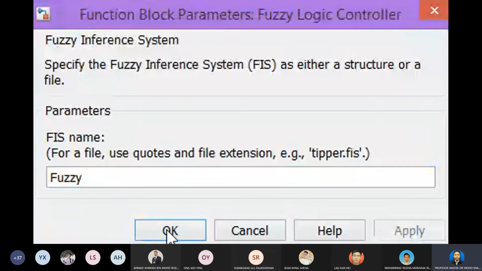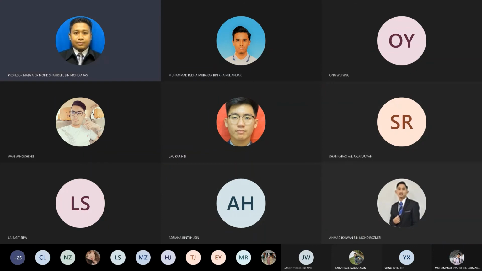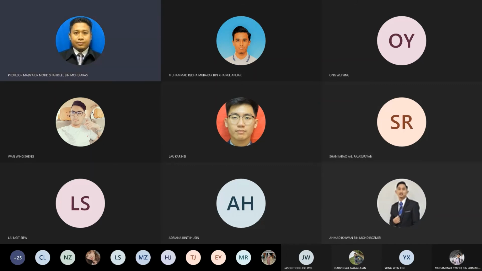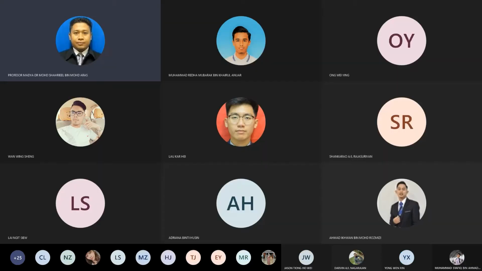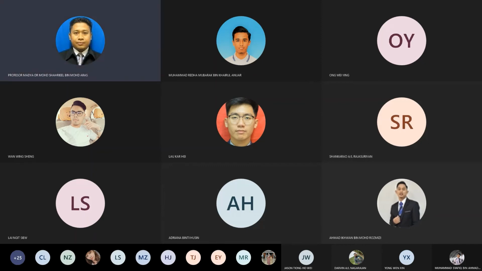All right, so it will appear like this. But it still cannot run. There is another step. On the fuzzy logic we have another step before running. You have to go back to the command window. I will share the